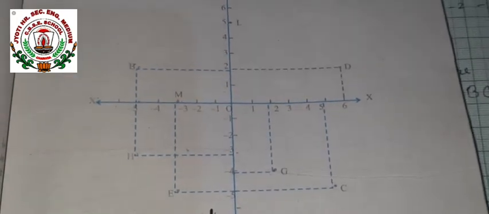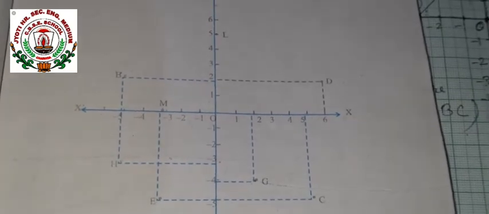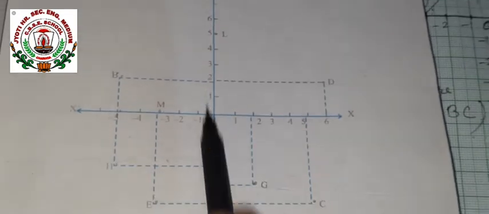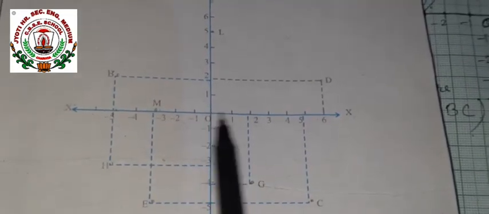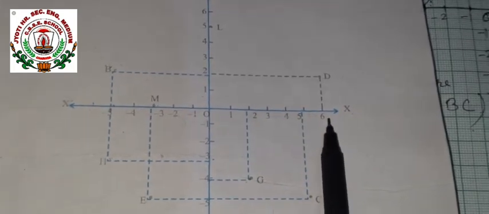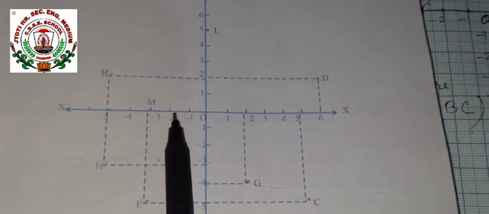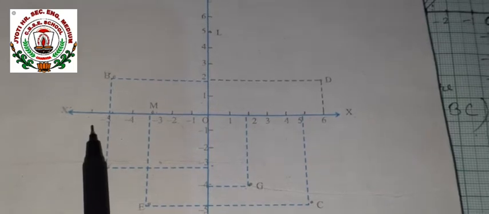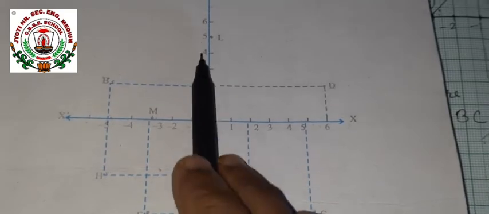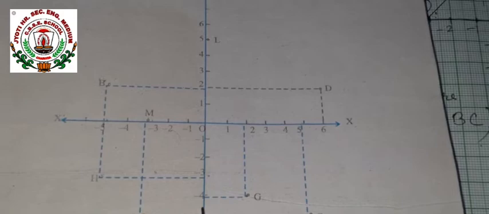Figure is drawn, you can see. Okay. So first question is the coordinate of B. You can see here, this is x-axis, this is y-axis. Points are given. To the right side we have positive values 1, 2, 3, 4, 5, 6 in x-axis, and to the left of it, it will be having minus values. So minus 1, minus 2, minus 3, minus 4, minus 5. Same way from the origin above in y-axis it will be positive. So 1, 2, 3, 4 likewise, and down it will have negative values. So minus 1, minus 2, minus 3, minus 4 likewise.